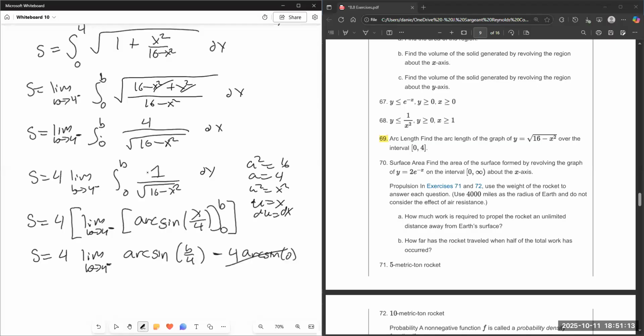Arc sine of 0 is 0. So S is equal to 4 arc sine of 1, which is 4 times pi over 2. 2 goes into 4 2 times, and this is 2 pi,